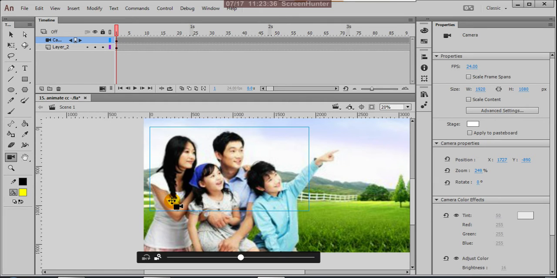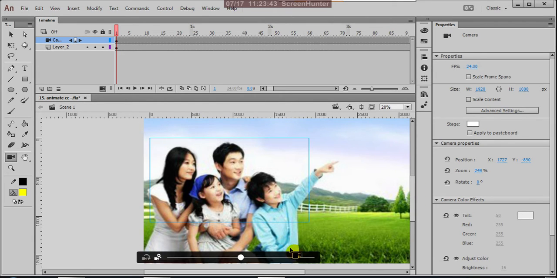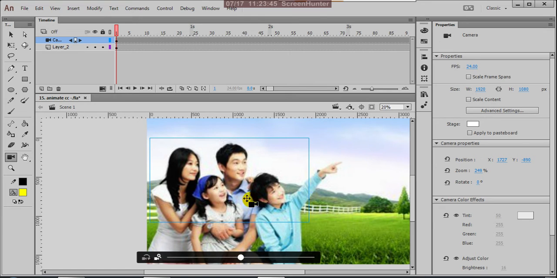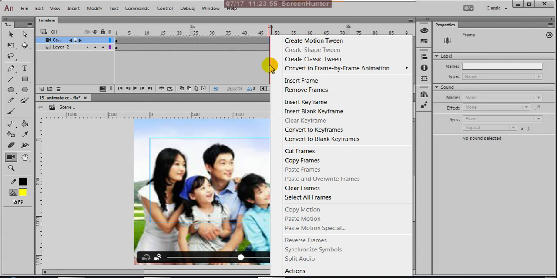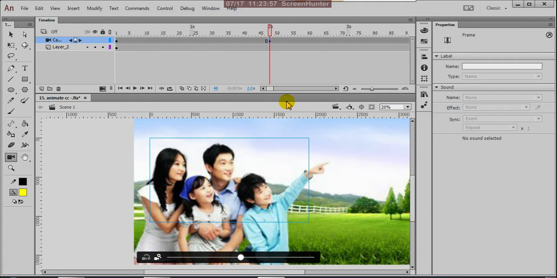Okay, this is at the first frame, my first frame. This is up to 2 seconds, I'm managing, insert keyframe.